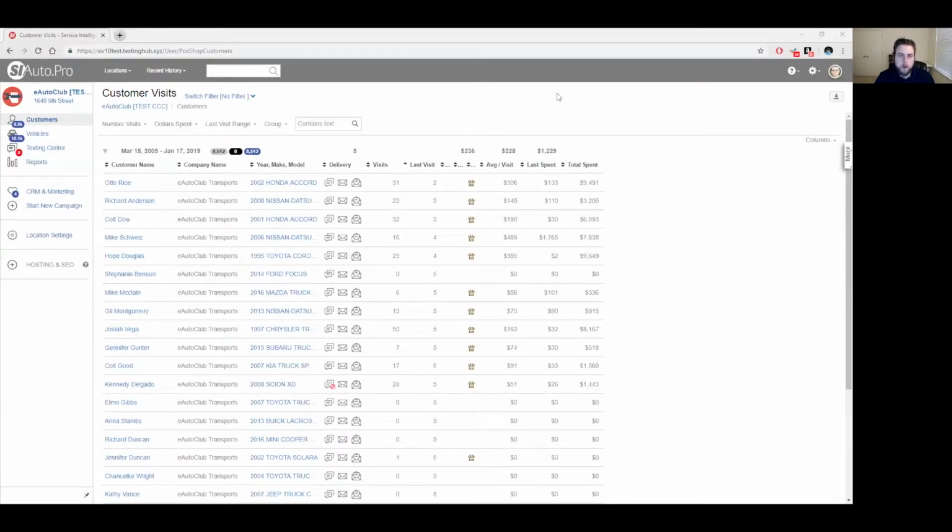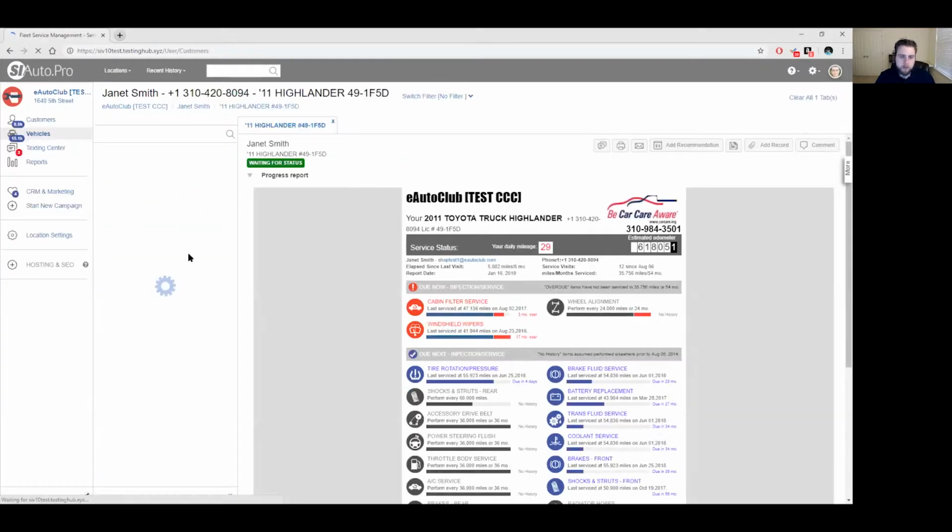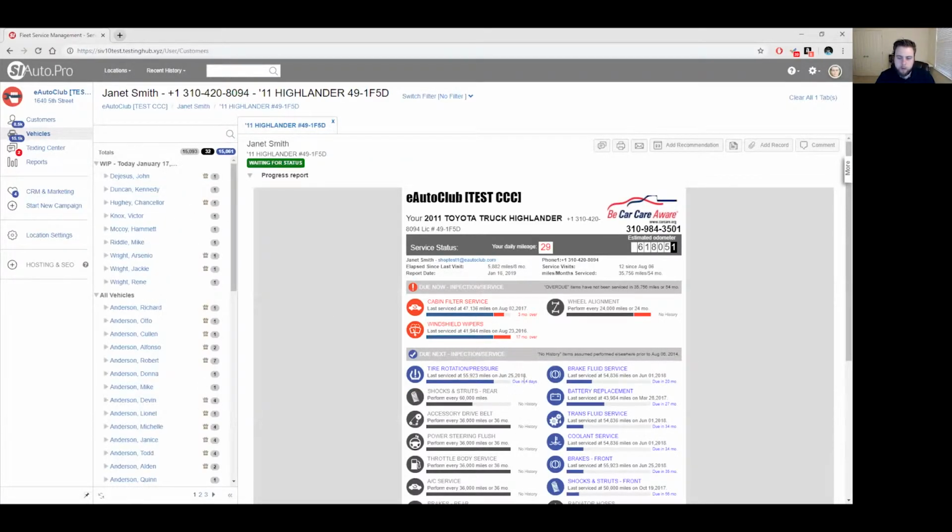Hello, I'm going to show you how to modify the different service parameters inside of Service Intelligence. Now, what I mean by that is that Service Intelligence has different categories for your vehicles that determine how often services should be due and whether or not they should be flagged for that service. These intervals, like an accessory drive belt performed every 36,000 miles or 36 months, can be controlled by you,